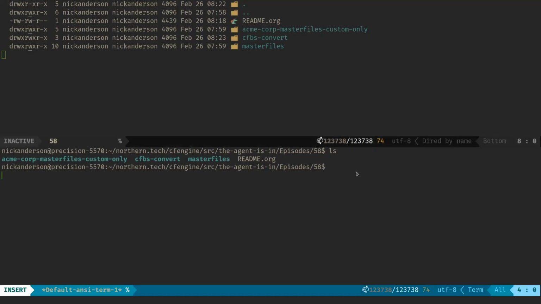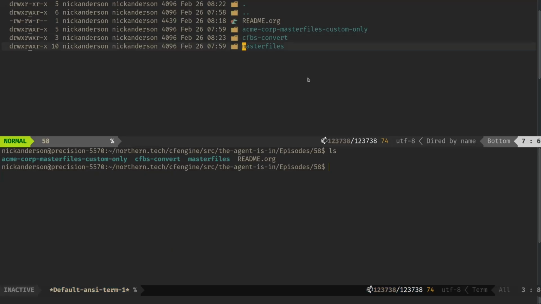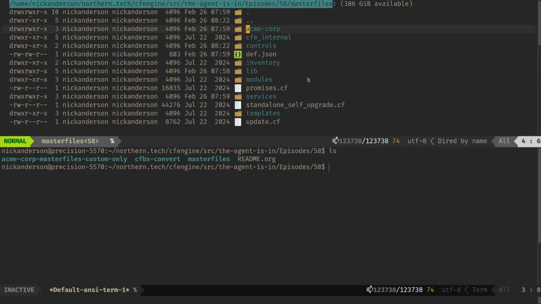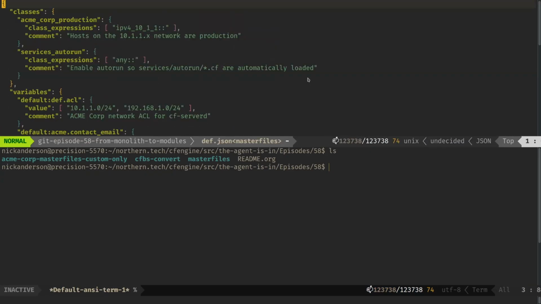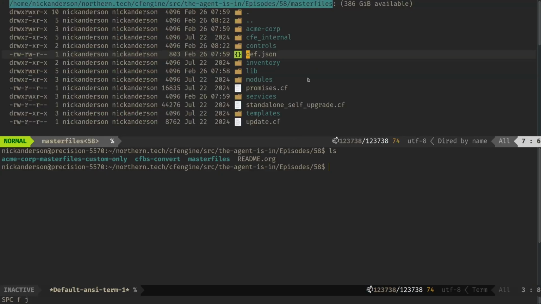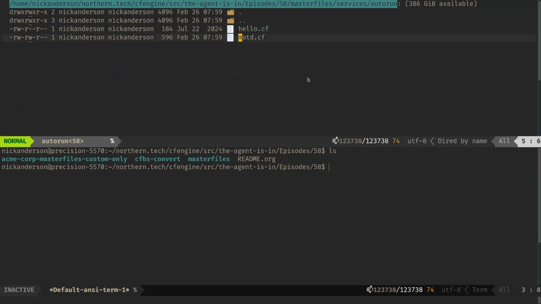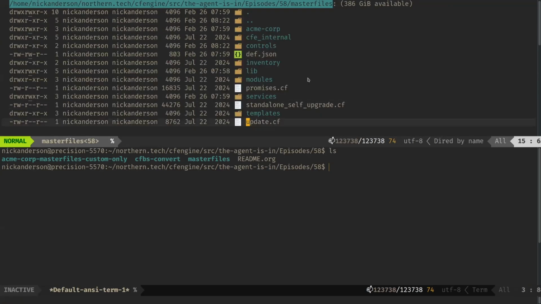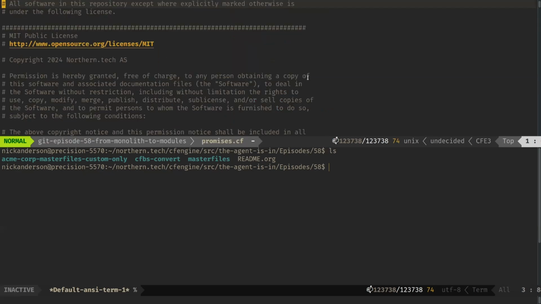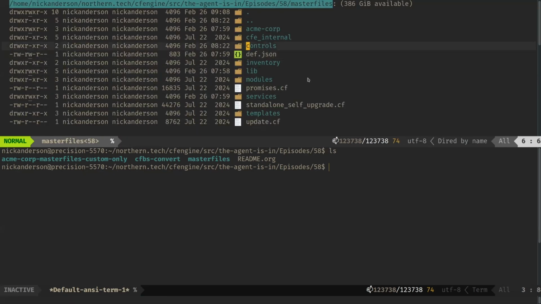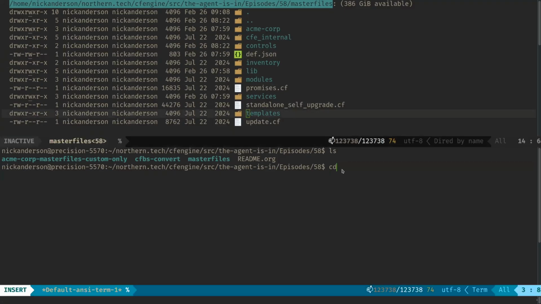All right. So here I've just got a representative policy set. So we can just go look in here, master files. It's what you would expect to see in a CFEngine policy set, right? Here's a def.json. You've got some custom policy files that are added in different places. But we've got the standard stuff in here as well. So we can come down in here quick. I'll just hop over into master files, CFBS,